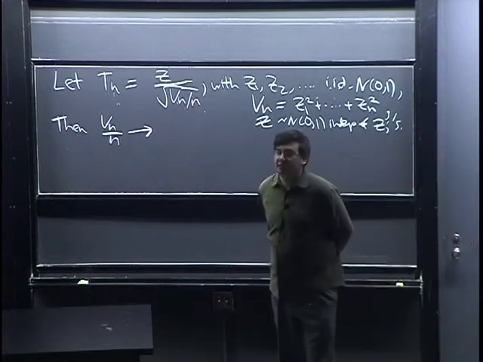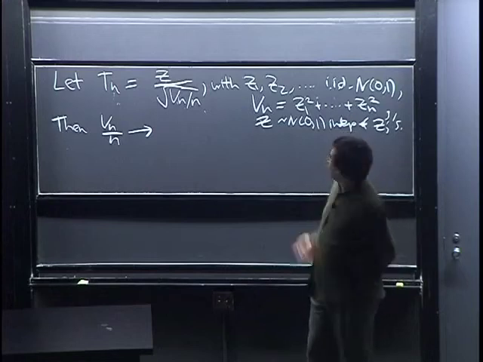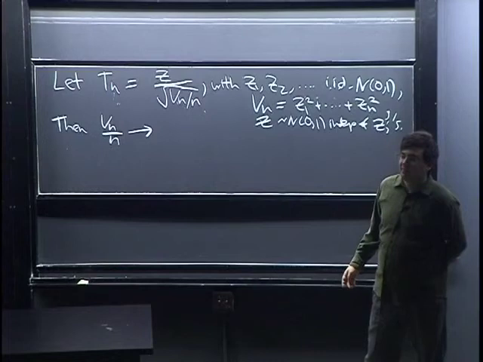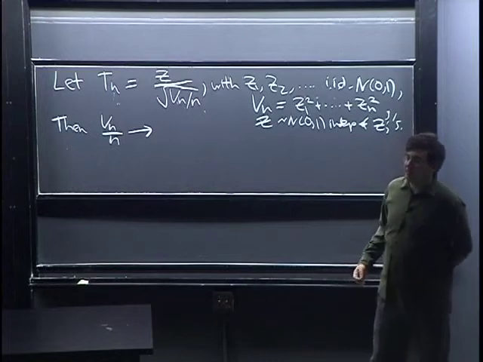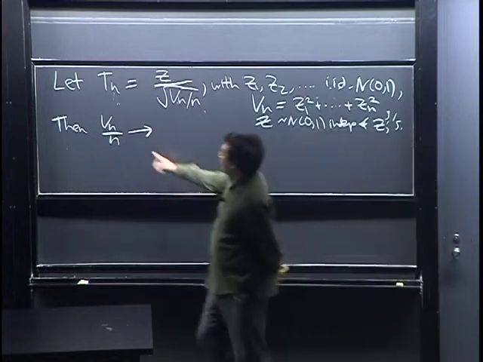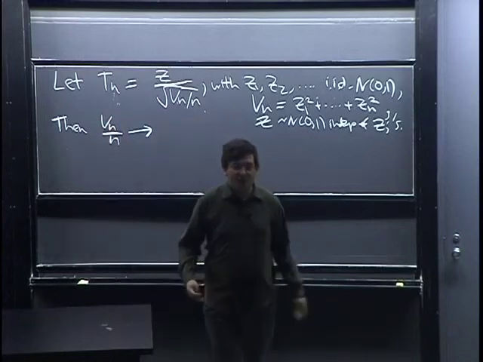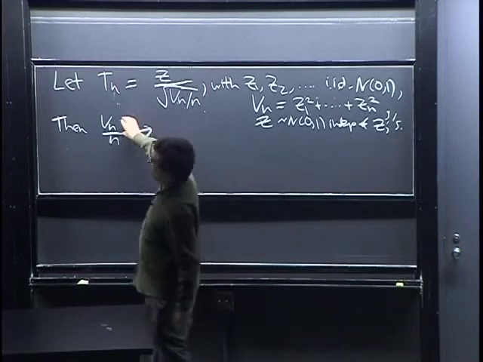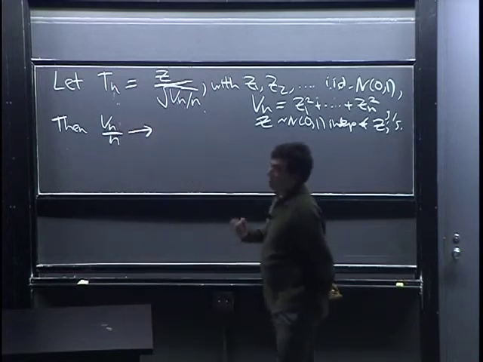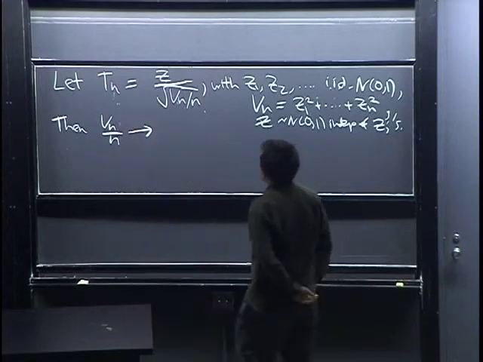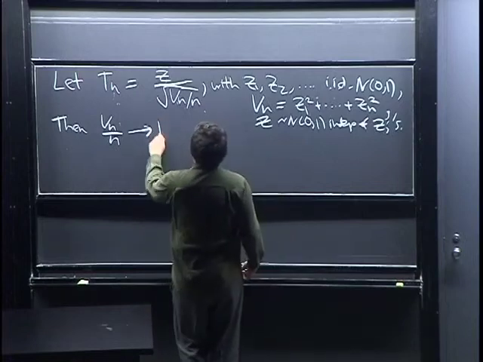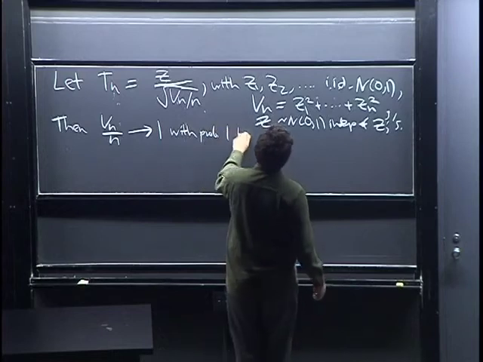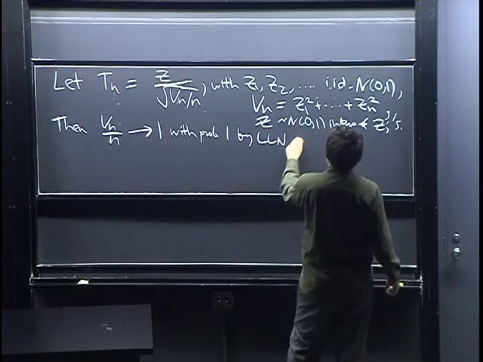Why did you say 1? Using what theorem? Law of large numbers. The CLT will let us get the distribution of this, but I just want to say what happens to this pointwise. That is, if you evaluate this at each point in the sample space. So this goes to 1 with probability 1 by the law of large numbers, because